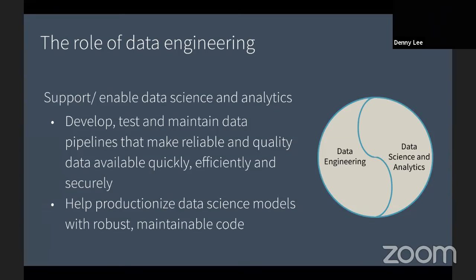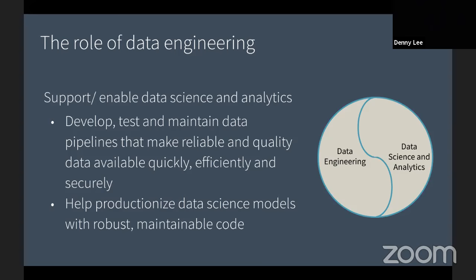So one of the first things I did was to bring in data engineers, or data science engineering, specifically engineers focusing on how to get data cleansed and organized for data science. And exactly as we called out on the slides, it allows us to develop, test, and most importantly, maintain those data pipelines, right?